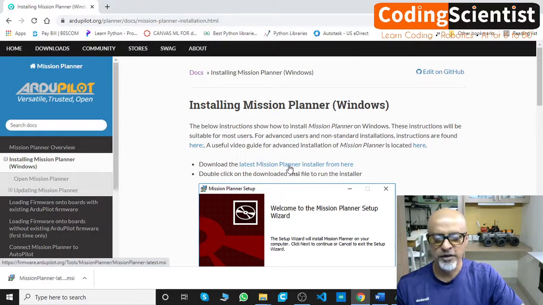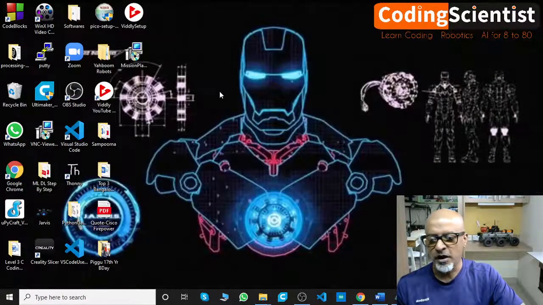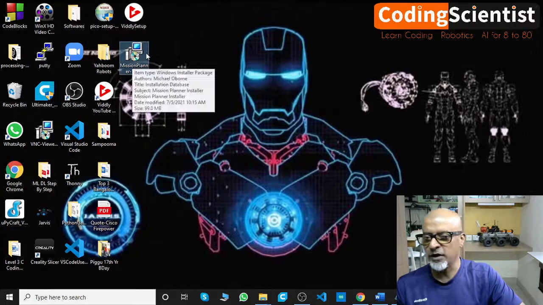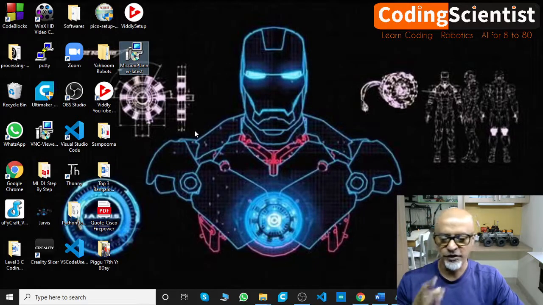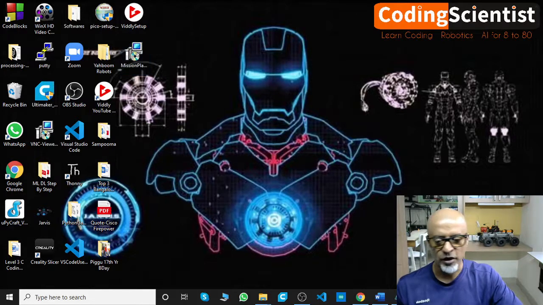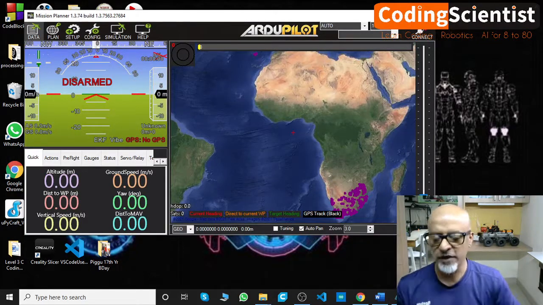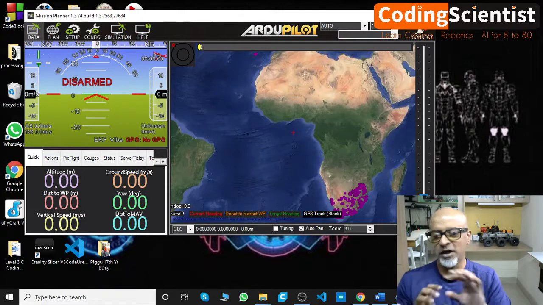So you click here, and once you click that, you will download the exe file, which is on my desktop. Once this exe file is downloaded, double click it and follow the instructions on your screen. Basically it will ask you to install certain device drivers for the Windows operating system and certain plugins and stuff like that. So allow. At the end it will ask for the security restrictions.